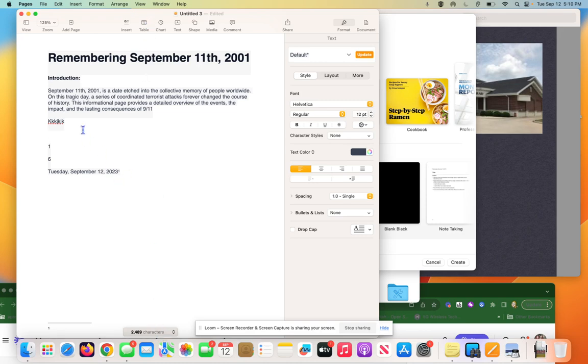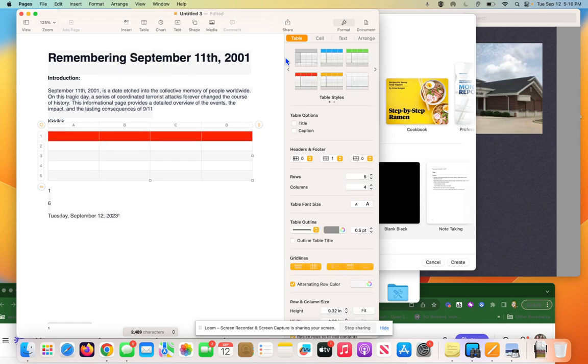If I go again to the top and I go to my next menu item, I've got tables. So I have all of these different tables with different colors. So I can click on that. I can go over here on the side and actually change the format. I can add a title. I can change my numbers of rows